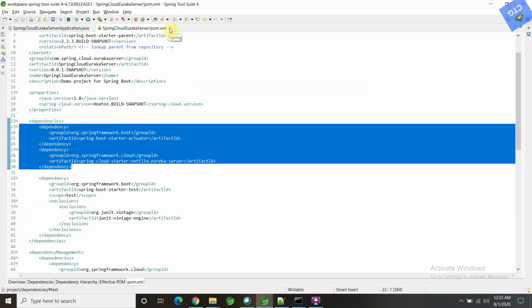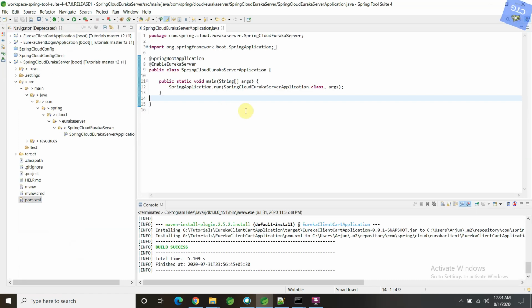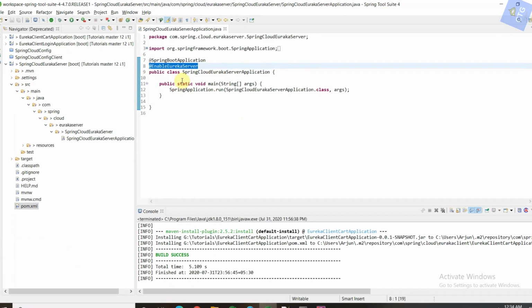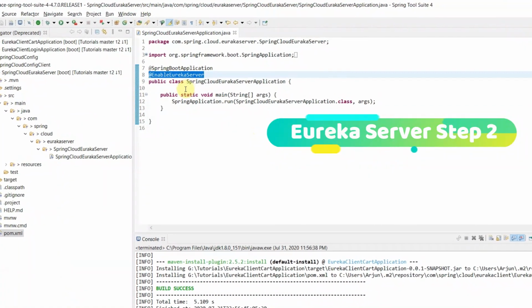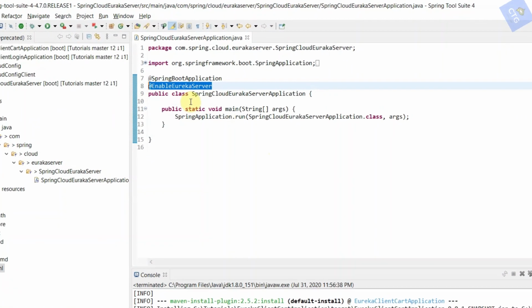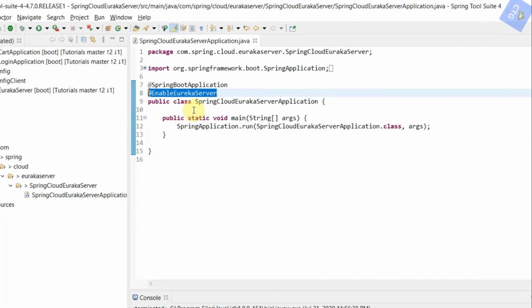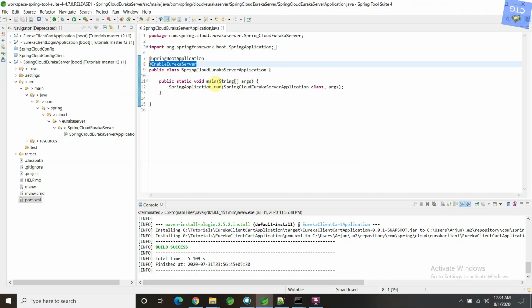This is our step 1, and then step 2 is we need to enable the annotation. As you can see in our Spring Boot config server also, we need to enable the Spring config server annotation, right? Similarly, we need to enable Eureka server to make this particular Spring Boot application a Eureka server.